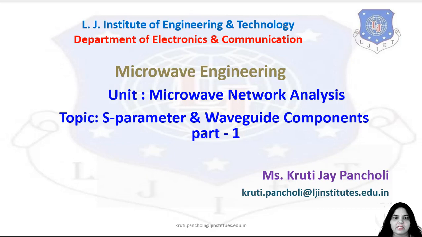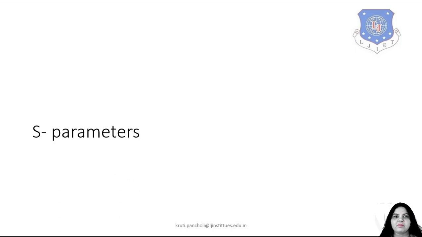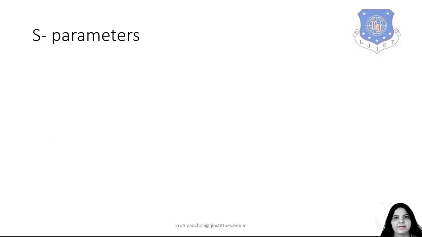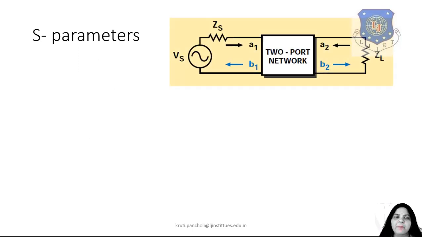As we have discussed earlier about microwaves, they are the waves having frequency in the higher range. We have also seen the important parameters which we have to find out at the higher frequency, and what the limitations are of designing a system at the higher frequency. We also know that the components which we use at low frequency won't work over here. So we have also found out the primary constants required for the transmission line.